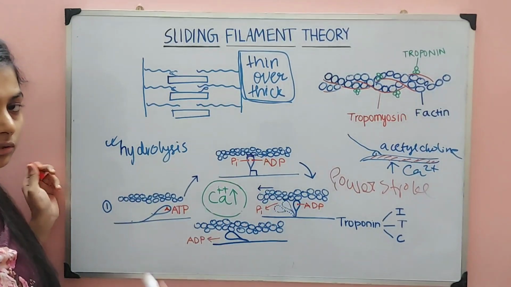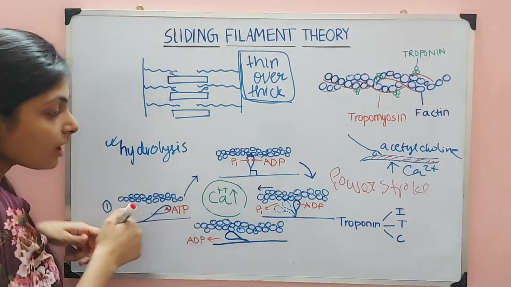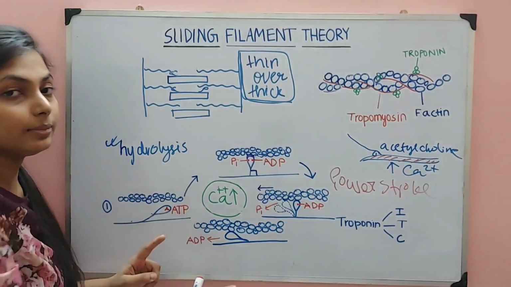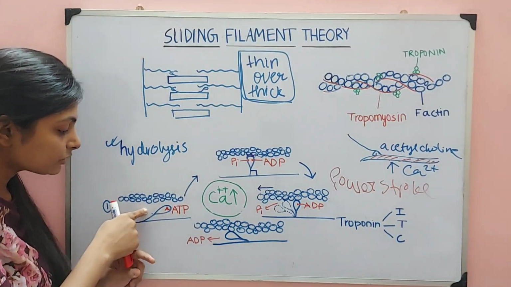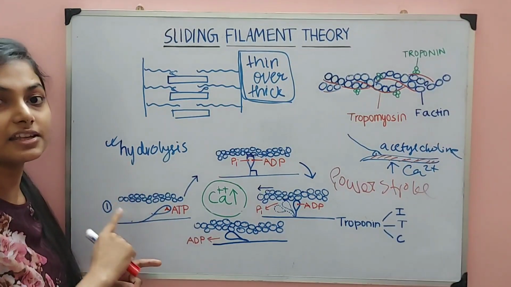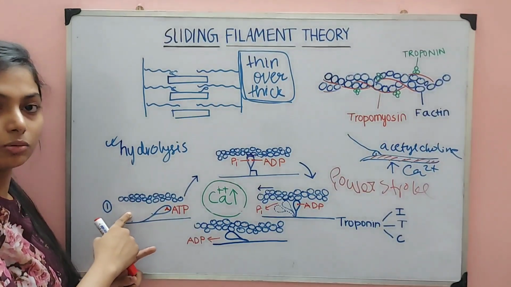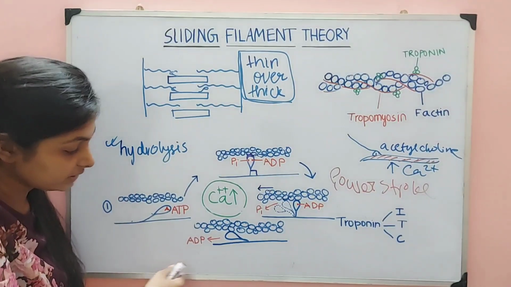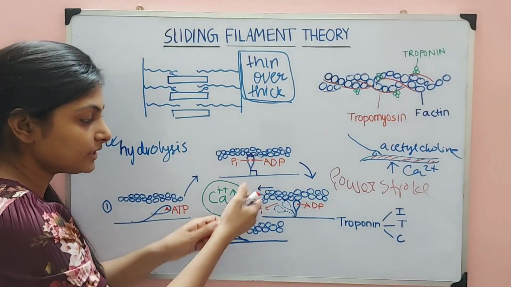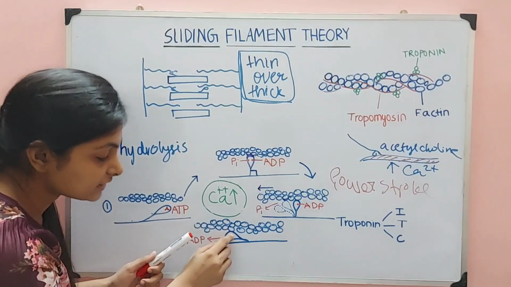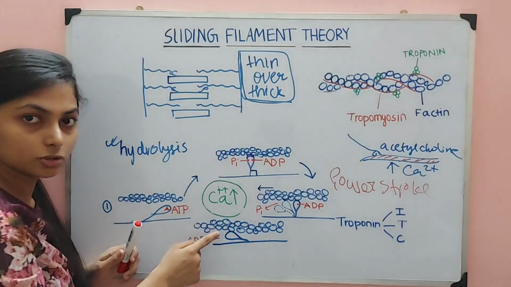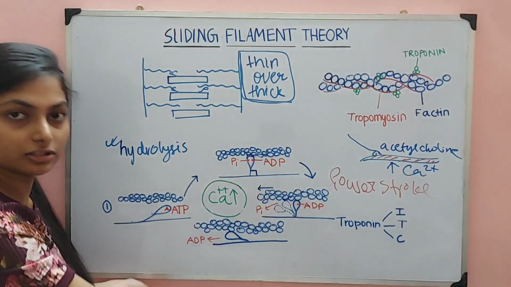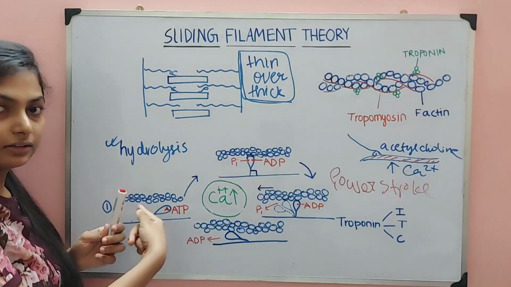After that, ADP also leaves. Next, when phosphate group and ADP, both of them have left, the bond will still be there, because I told you myosin will leave actin only when it gets an ATP. This won't leave actin without ATP. So even when phosphate and ADP have left myosin, and there was a contraction, that means the actin moves this way, this bond will still be there. Myosin will still be attached to actin. Then a new ATP comes and this bond breaks and it returns back to its position. Then again the same cycle will take place.